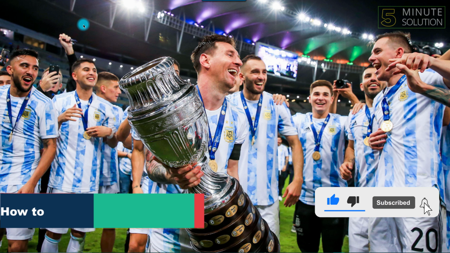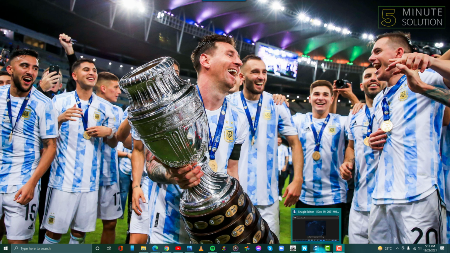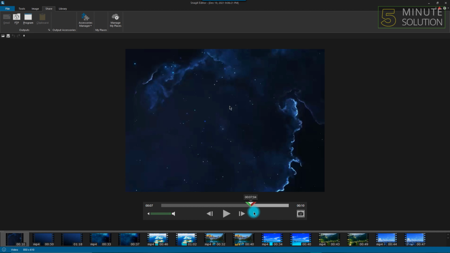So without any further ado, let's get started. First, record your screen on Snagit. I've already done that, so I'll just open Snagit. As you can see, the recorded part is already here in the edit section. To save the file on Snagit, all I have to do is